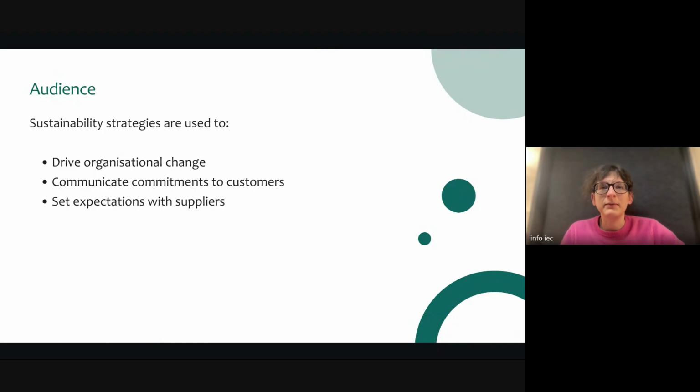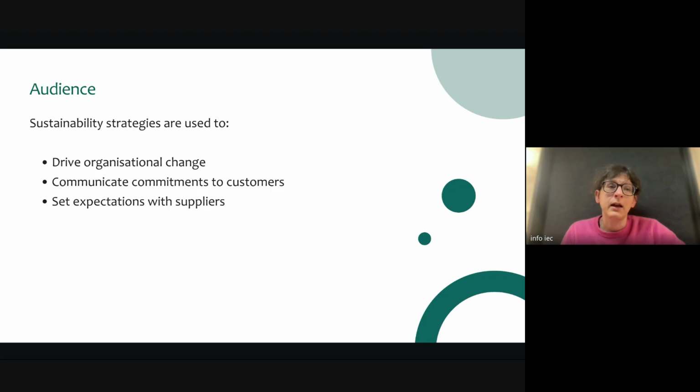Is it internal? Is it something you want all staff to be able to see and reference to show the direction of travel? Is it something that you want to use to communicate your commitments to customers? So I've worked with a lot of organisations that sell to the NHS, for example, and the NHS has a requirement that all organisations that it buys from have a net zero plan that either meets or exceeds 2050, because that's their, as a public body in the UK that has a legally binding net zero 2050 target,